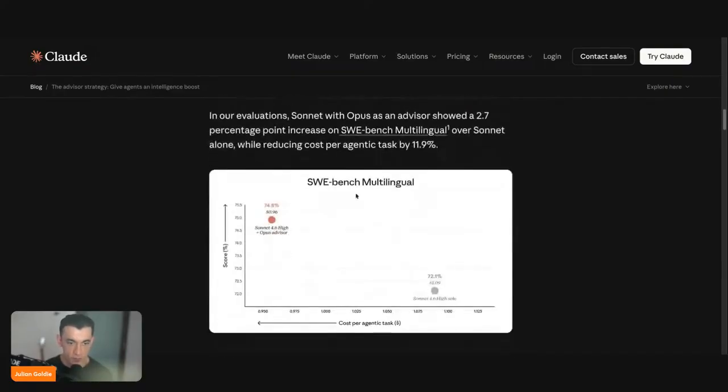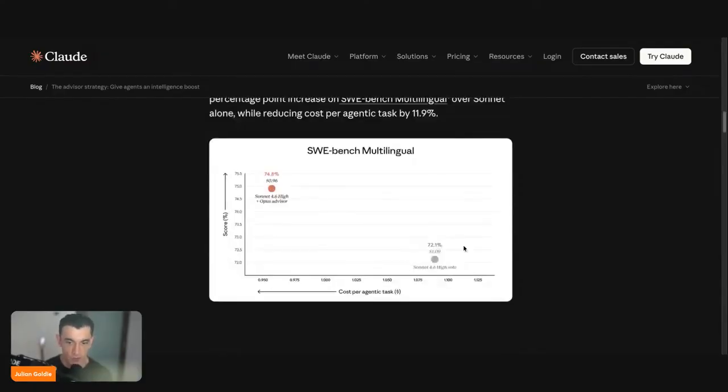And so you can see here, for example, this is Sonnet 4.6 solo, right? So this is Sonnet 4.6